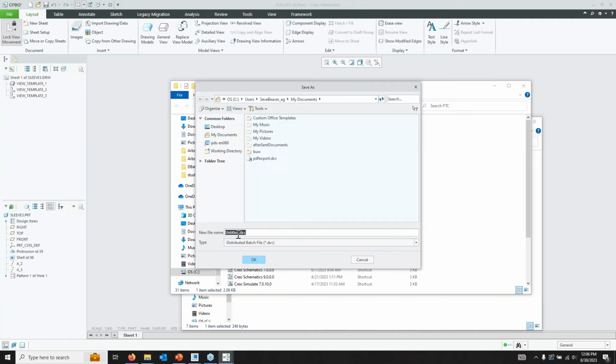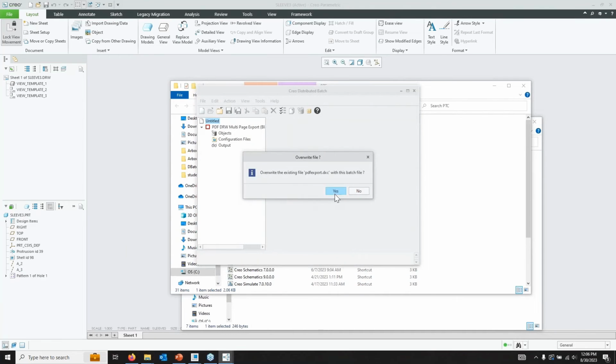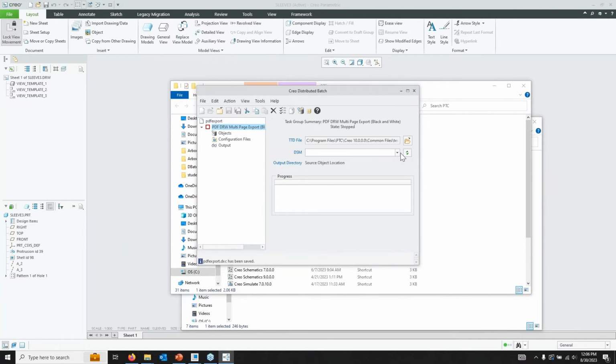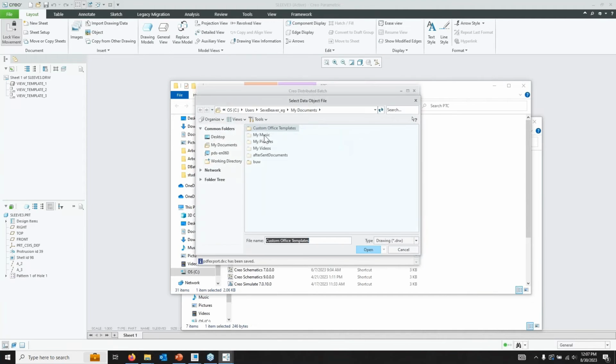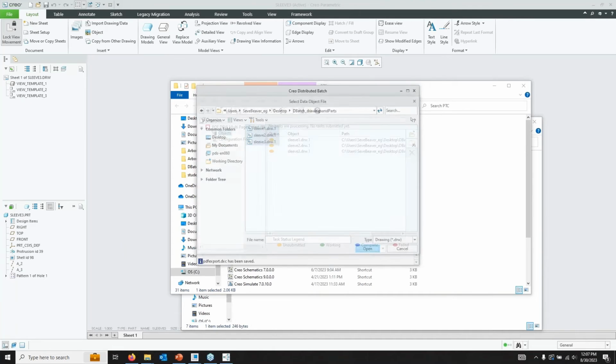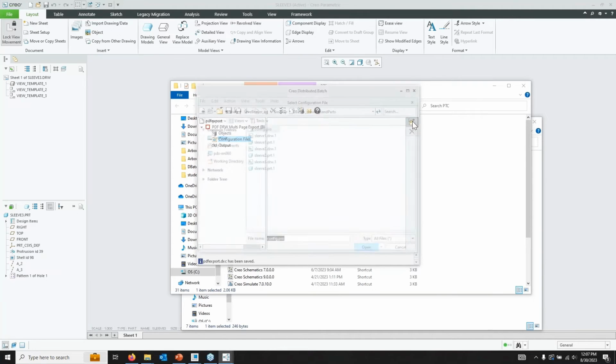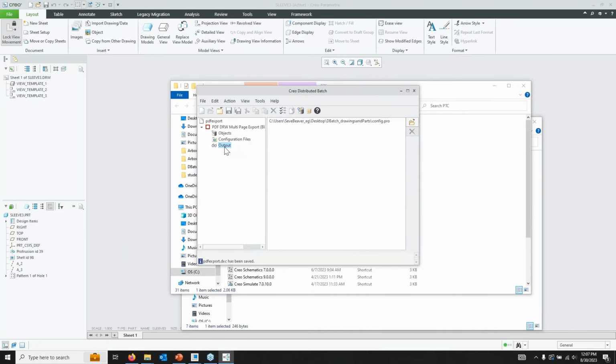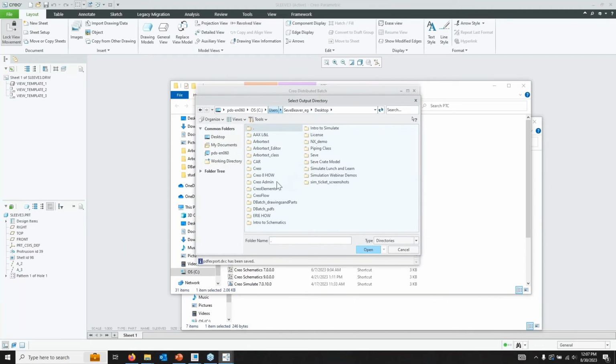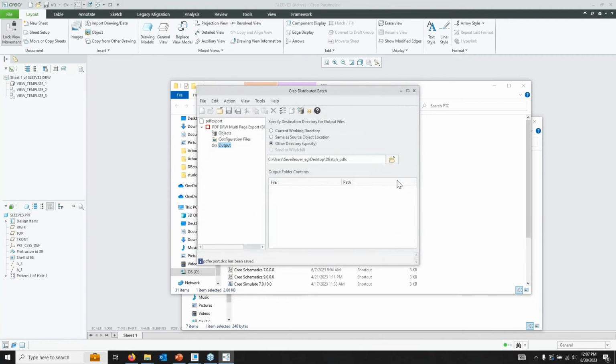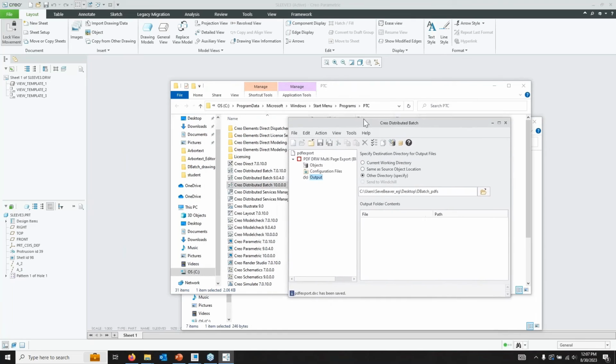Set this up. I'll save over the previous one. So again, we're going to do DSM standalone. Objects, I'm going to grab the 3 drawings. Config file. Output other directory. Looks good. All right. So before I run this,